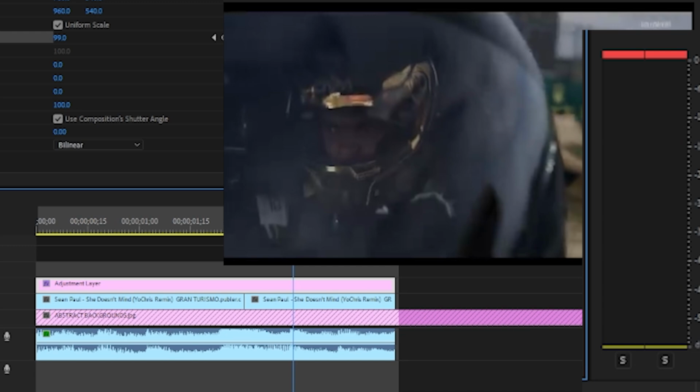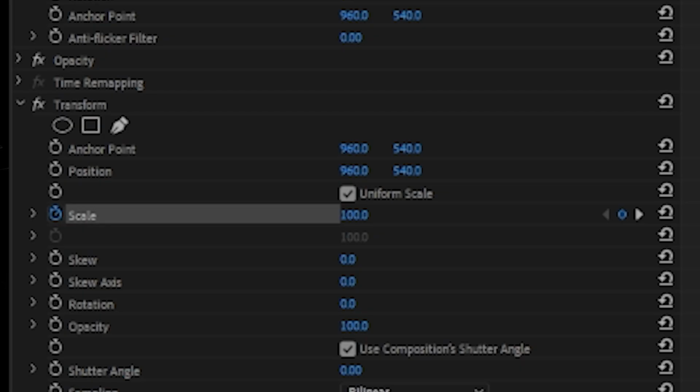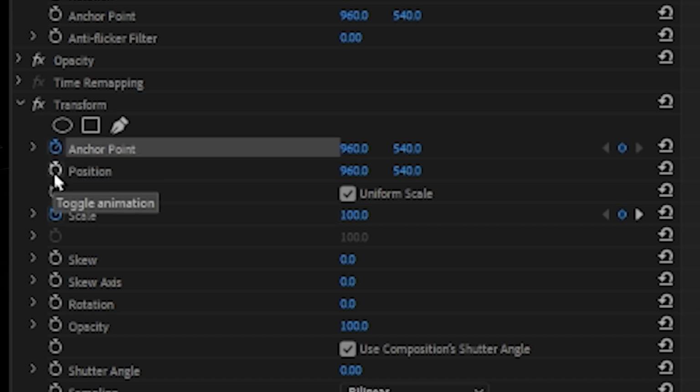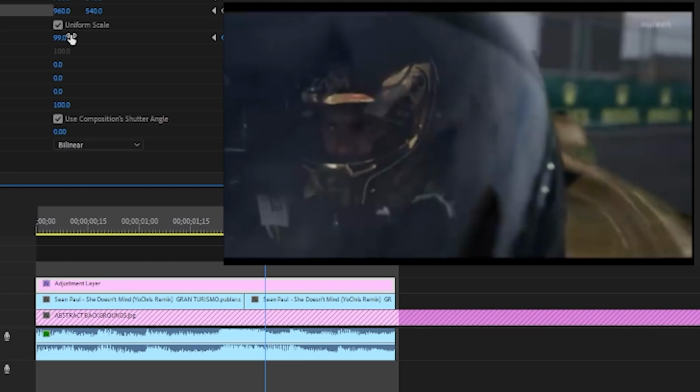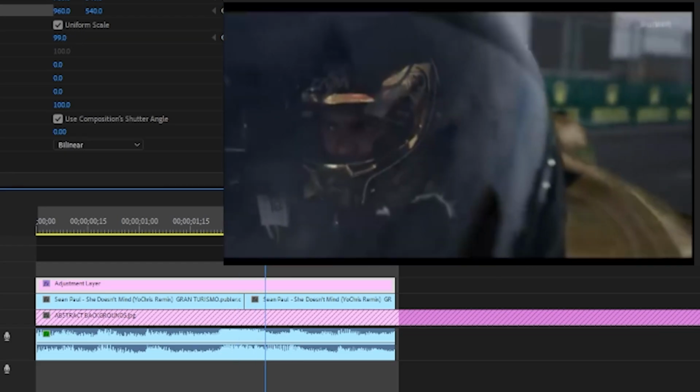As you can see, that didn't quite do too much. Or if you want, you can manually zoom this out. Click on your adjustment layer, go to anchor, position. You can even type in skew. So now if you were to zoom this in and see how it zooms out,